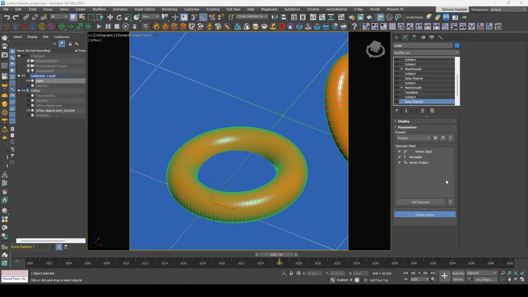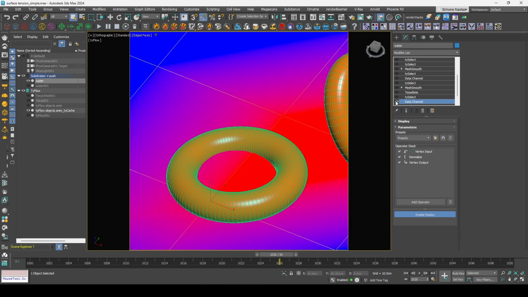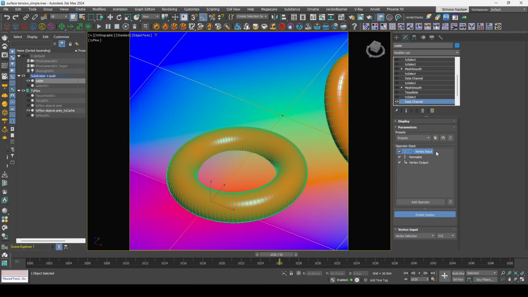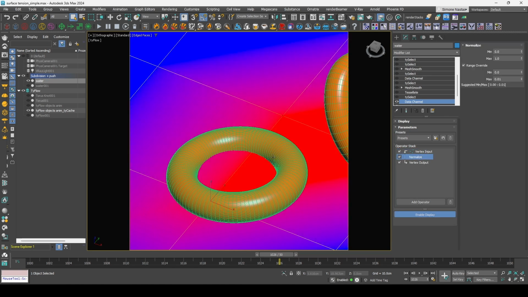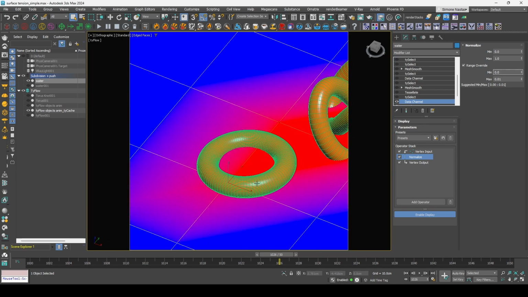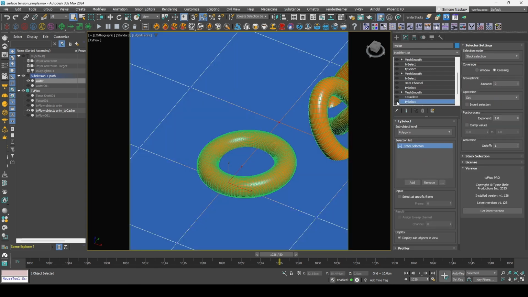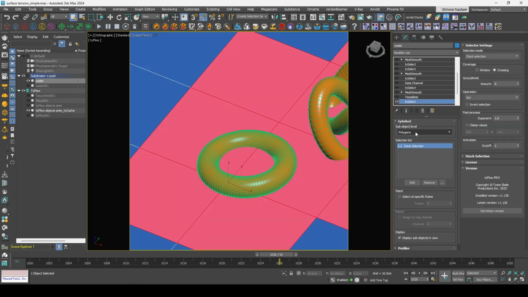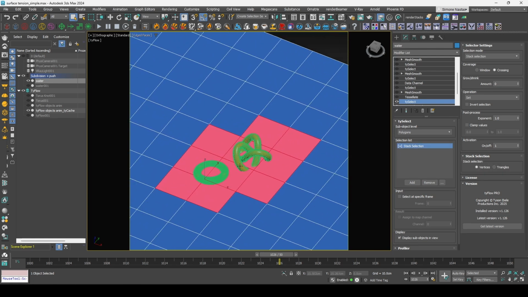That said, we're going to use it for something really simple, which is normalizing. We input the vertex selection and we normalize their selection value. So we override the selection value and make it hotter, more red. Blue is unselected and red is selected. And now if I select the polygons based on the stack selection of the vertices, it selects all the polygons